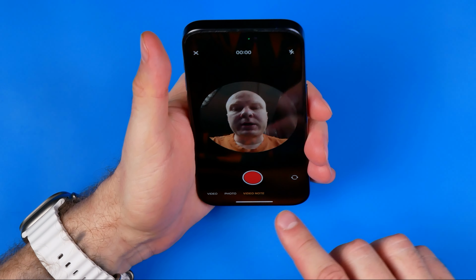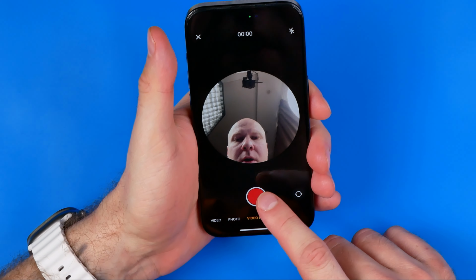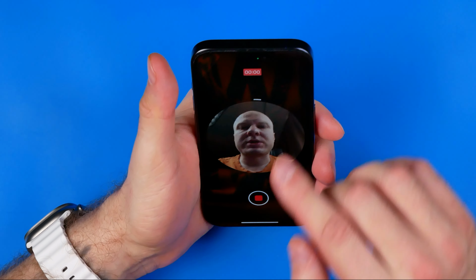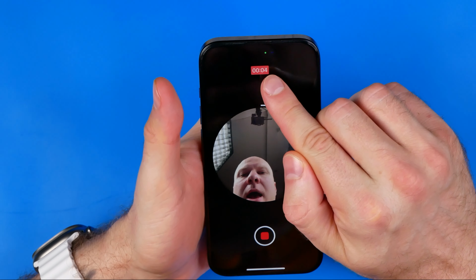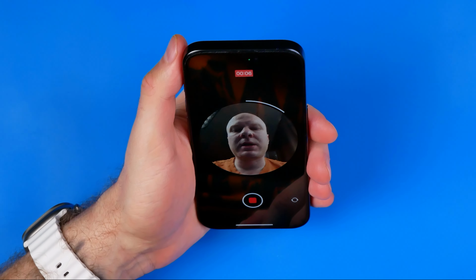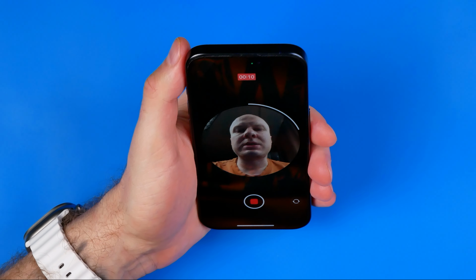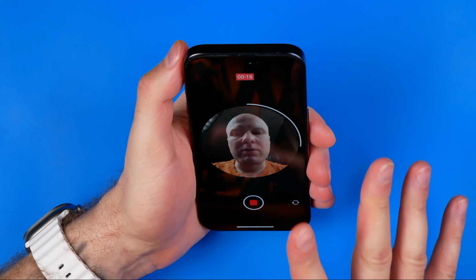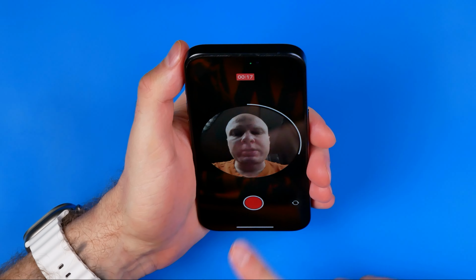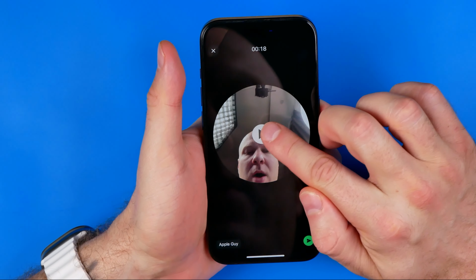To record it, all we have to do is tap right here at this record button once, and it will start recording the video. You can see the countdown here, and in this way you can record this circle video message up to 60 seconds long. Once you stop recording a video, hit right here to stop it,